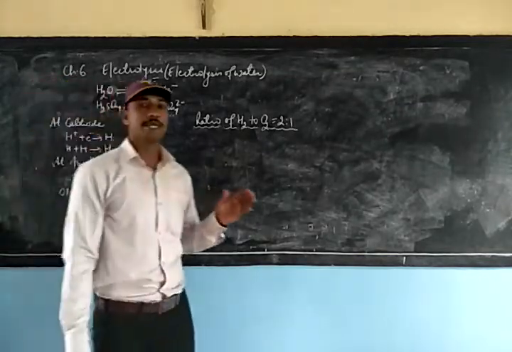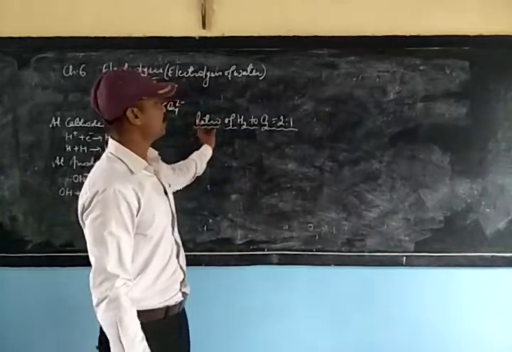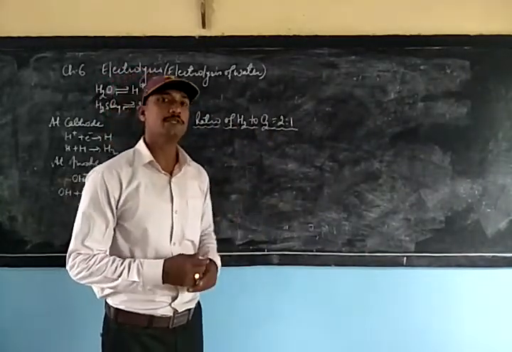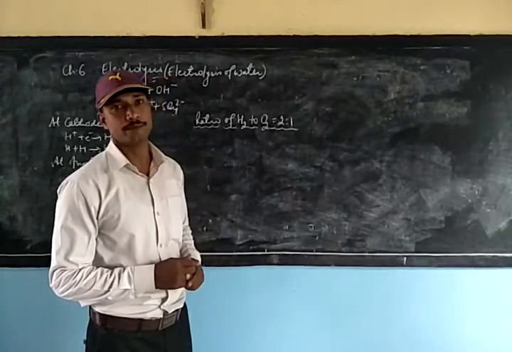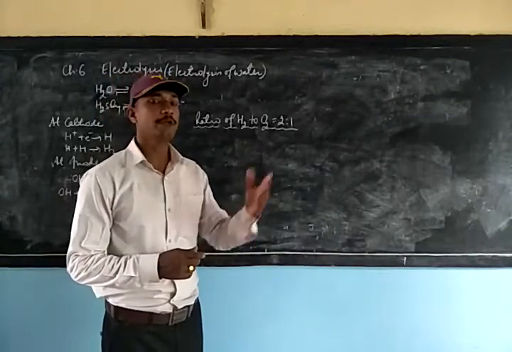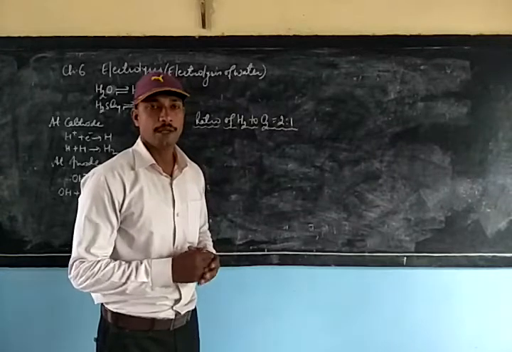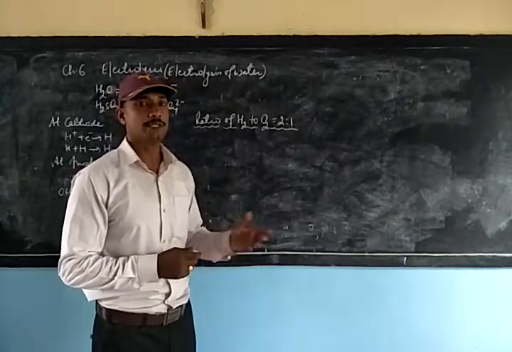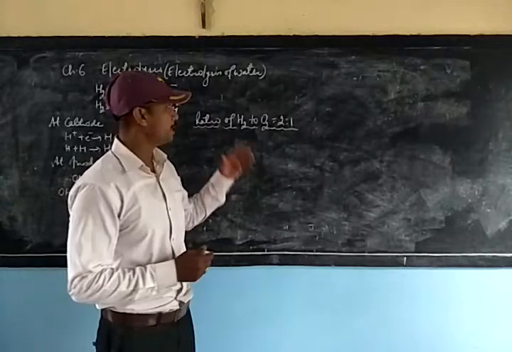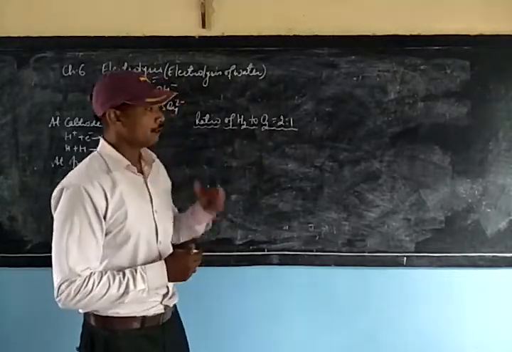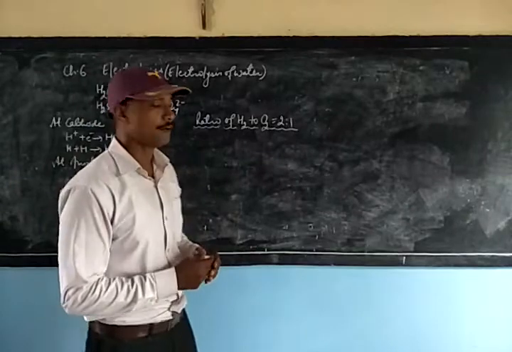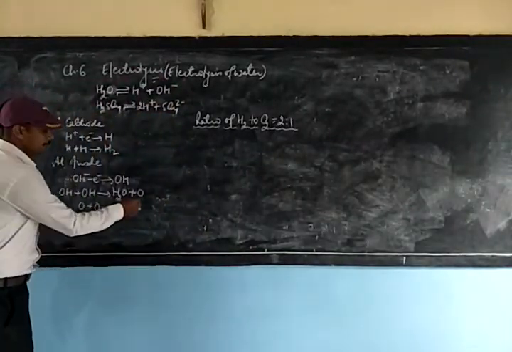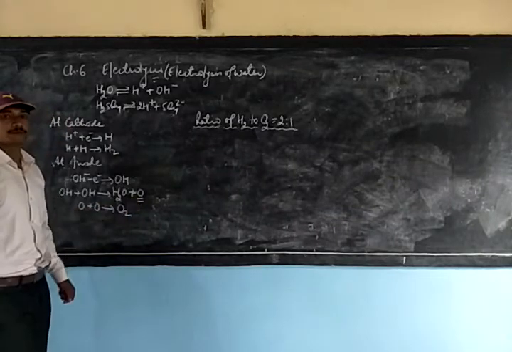Today we are going to see why the ratio of hydrogen to oxygen collected during the electrolysis of water is 2:1. That is, we know that there will be 2 volumes of hydrogen and 1 volume of oxygen collected during its electrolysis. The reason, let us see. In order to understand the main reason, you have to come back to this place where we can see nascent oxygen is produced.